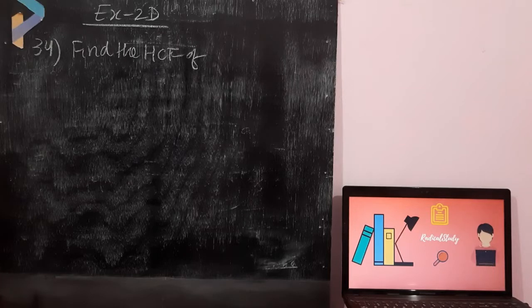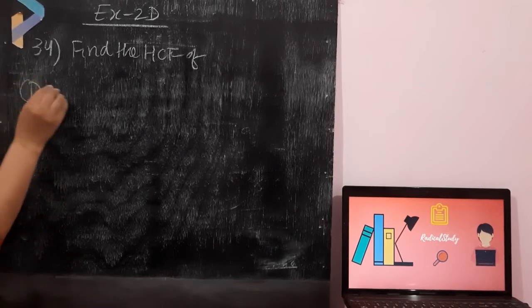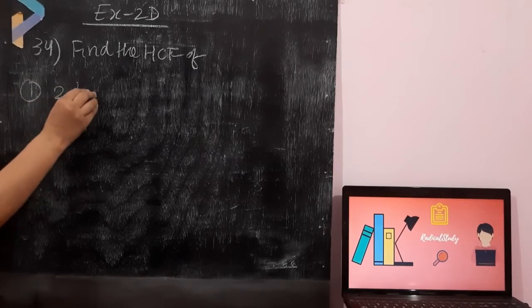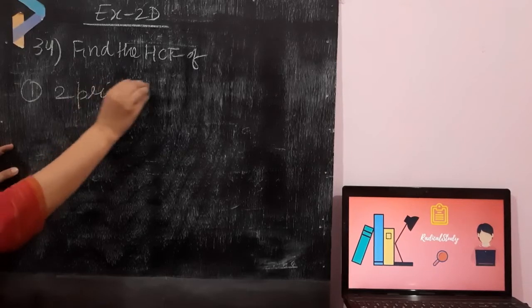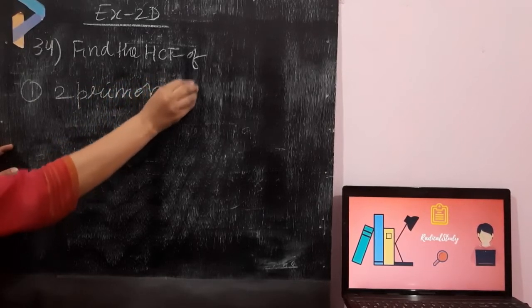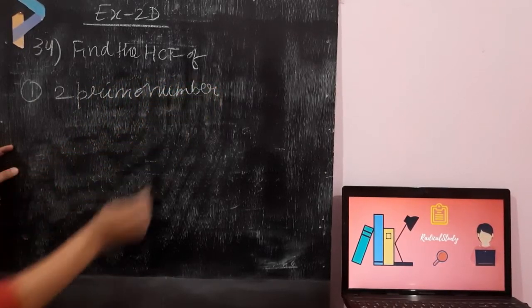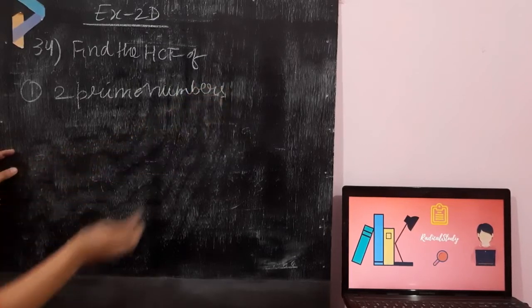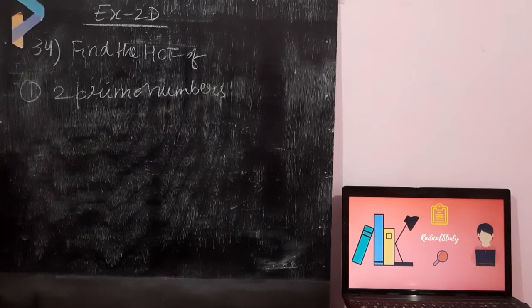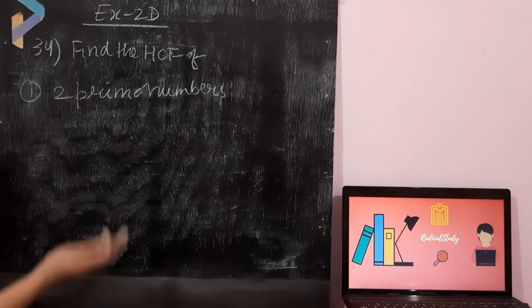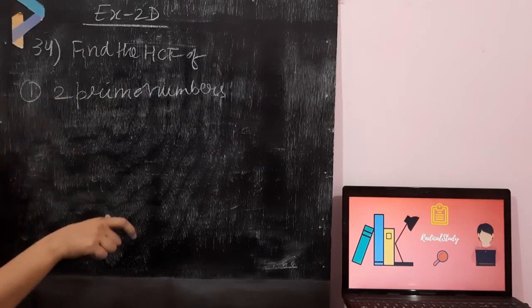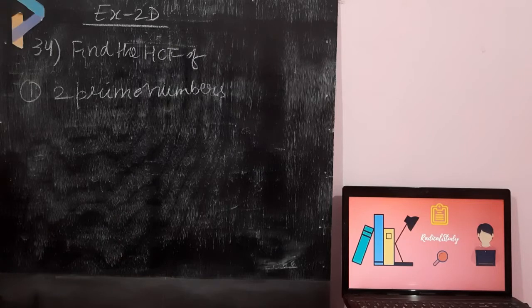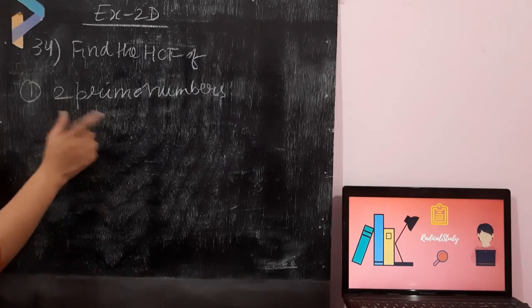You have to find the HCF of तो पहला ऑप्शन है आपका 2 प्राइम नंबर्स. आपको 2 प्राइम नंबर्स का क्या निकालना है? HCF निकालना है. You have to find out the HCF of 2 प्राइम नंबर्स. ये प्राइम नंबर कोई भी नंबर हो सकते हैं. इट्स अप टू यू, आप कौन सा प्राइम नंबर सेलेक्ट करते हैं. सो वी ऑल नो दैट द प्राइम नंबर्स हैव द कॉमन फैक्टर 1, दैट मीन्स इसका HCF हमारा 1 ही आएगा.